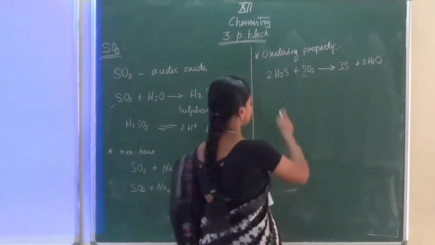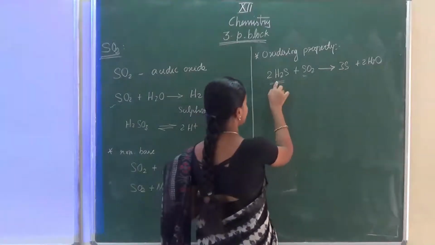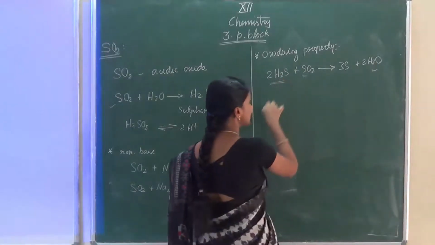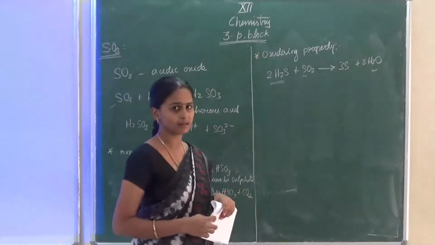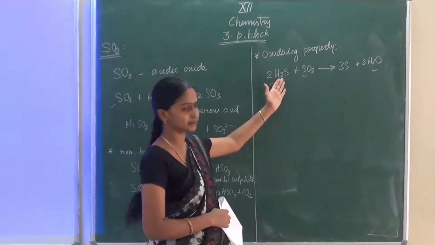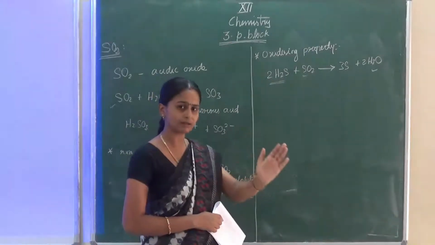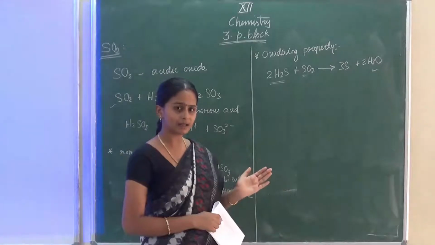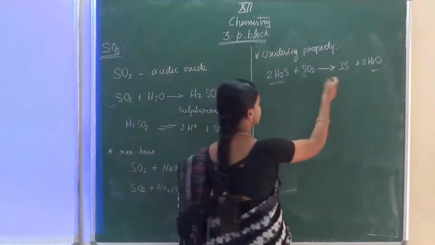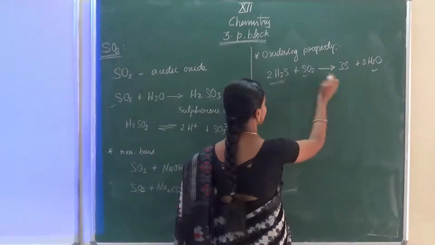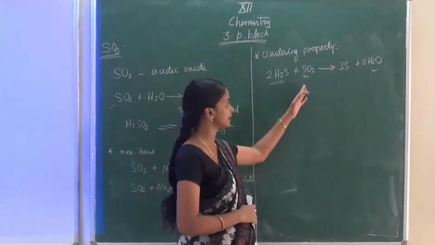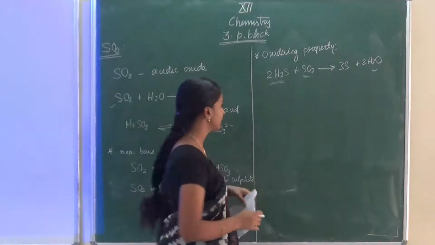But from the H2S, if you notice here, hydrogen is removed from the sulfur. So in two ways we can think here. Removal of hydrogen, what is it? Addition of oxygen, removal of hydrogen: these are oxidation processes, isn't it? So hydrogen is removed. Who made this H2S undergo oxidation? The sulfur dioxide. So simply we can say sulfur dioxide is acting as an oxidizing agent there.